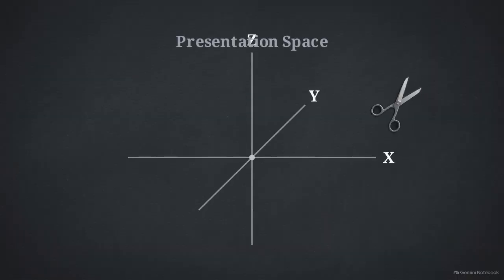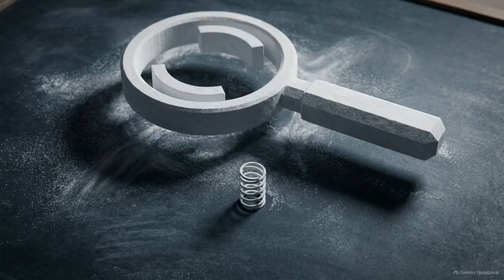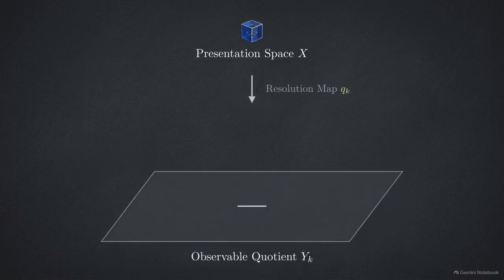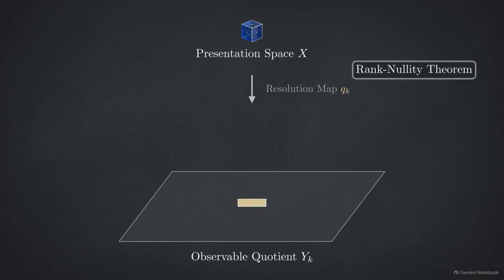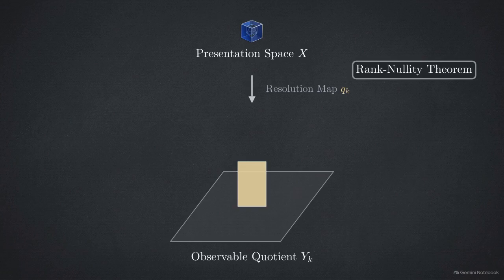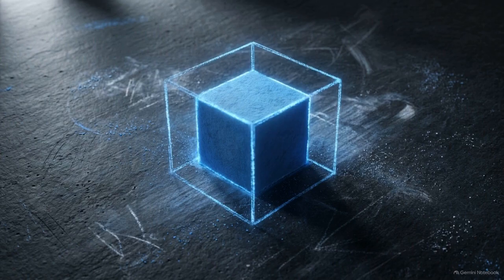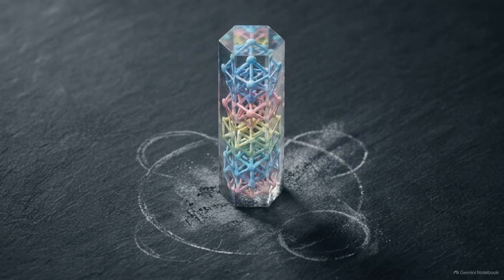Dimensional compression in this framework does not mean a spatial axis is physically shaved away or curled up so small we cannot see it. It is defined instead as an informational closure resolution, where independent degrees of freedom lose distinguishability, leaving a restricted observable quotient space. Under stronger closure, the rank nullity theorem dictates observable rank cannot increase. As base dimensions are lost, the unresolved null space must expand. The distinctions removed from the observable quotient do not vanish. They transmute directly into internal relational structure, bound within that newly expanded vertical closure fiber.